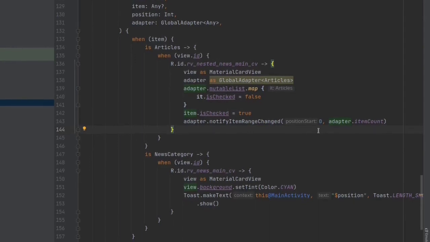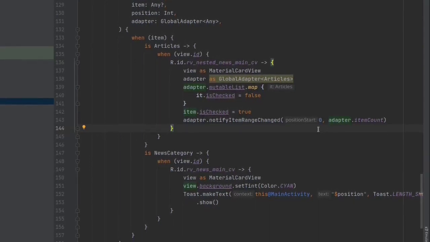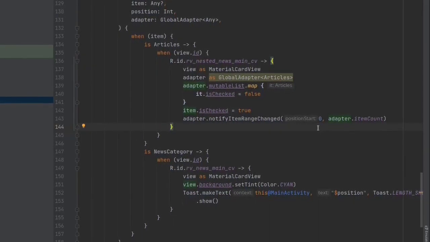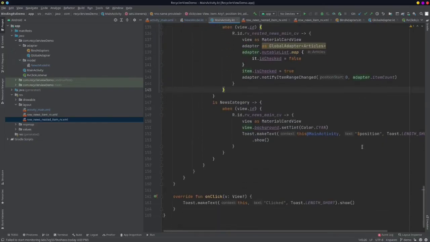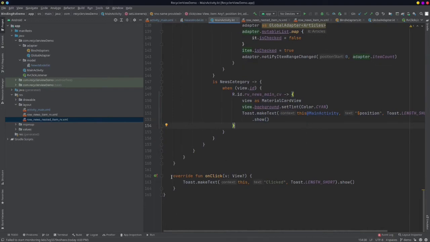So it can be bad user experience, and it will result bad. So using these methods will surely benefit you. So with this clear, we can put furthermore if conditions, furthermore when conditions for our views, if you have any views to handle or not. And then I'm simply overriding this on click method.